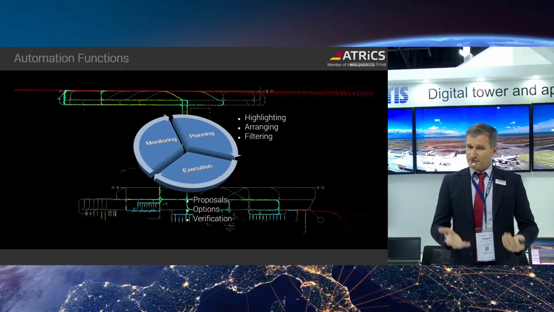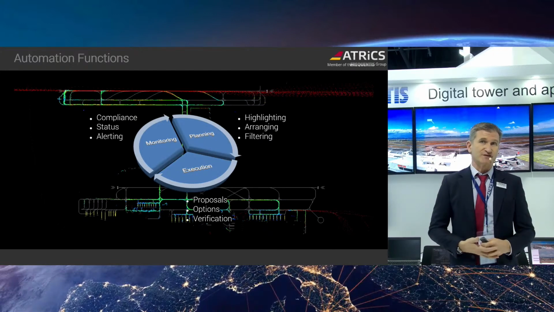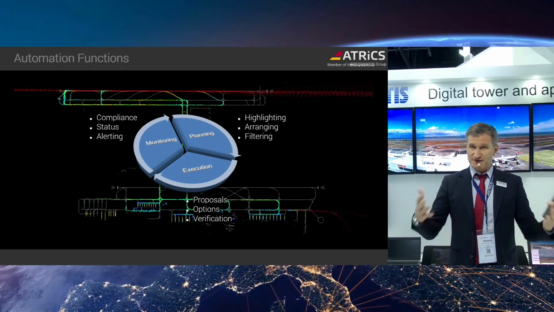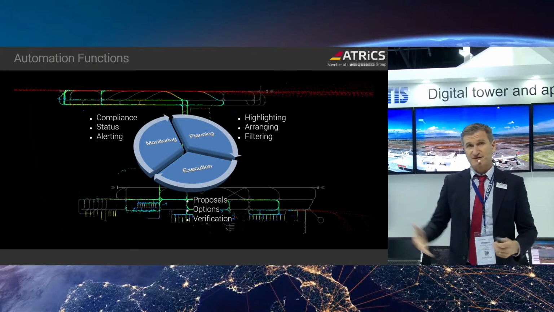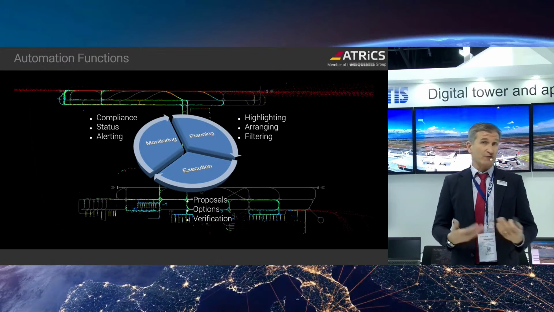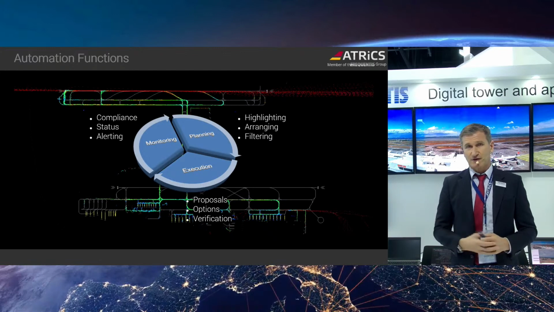And the third and final stage is the monitoring, which we have to make sure that the controller can check that everything is compliant. So, let's say, the operating procedures, which are also applicable to pilots, like speeds and stuff like that, are adhered to. We present the actual status of the entire system, so that we know that the automation function is alive and the connected systems are also working fine. And then, of course, alerting if things don't go as expected, like a route deviation or non-conformance on clearances. And all these functions are then presented to the controller in a very, as I said, context-sensitive way.